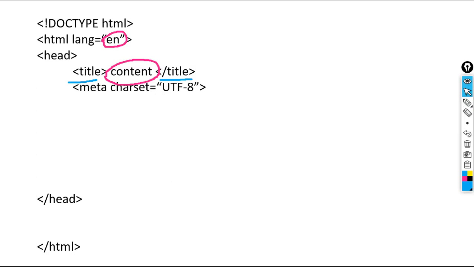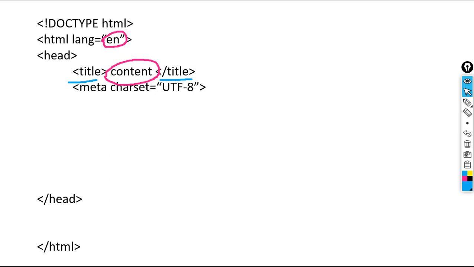Meta charset UTF-8. The meta tag provides technical information of the HTML page to the browser. The content within the meta tag will not appear in the browser or be displayed to the end user.